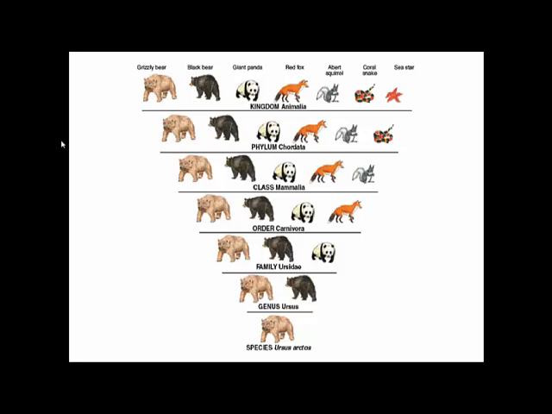All right, so we move down another level into class Mammalia. What are these? Yeah, mammals. So what's out? Yeah, the coral snake. As you notice, as we go down these taxonomic groups, things are becoming more and more similar to each other. Order Carnivora. Technically it's not about being carnivores, it has to do with their teeth. So the squirrel, it's a rodent, so it's out. Family Ursidae. Those are bears. That's the family of bears.